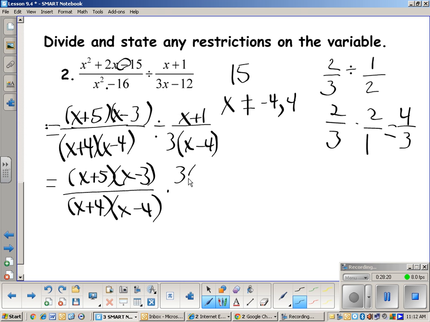So we've got 3 times x minus 4 and x plus 1. Okay, so we took this term and we flipped it. We reciprocated it, okay? We switched places with the numerator and the denominator. All right, so with our new expression here, x cannot equal